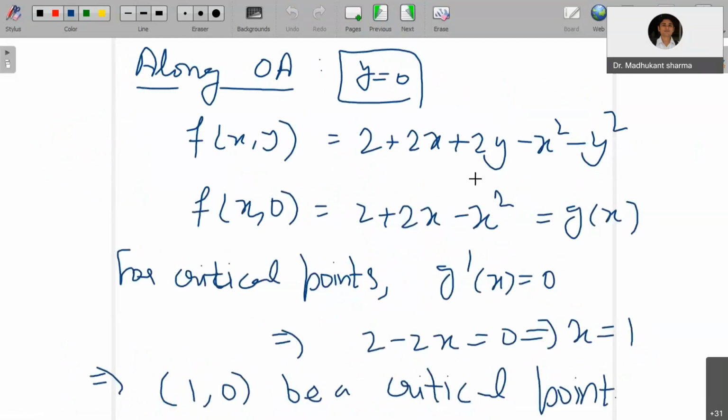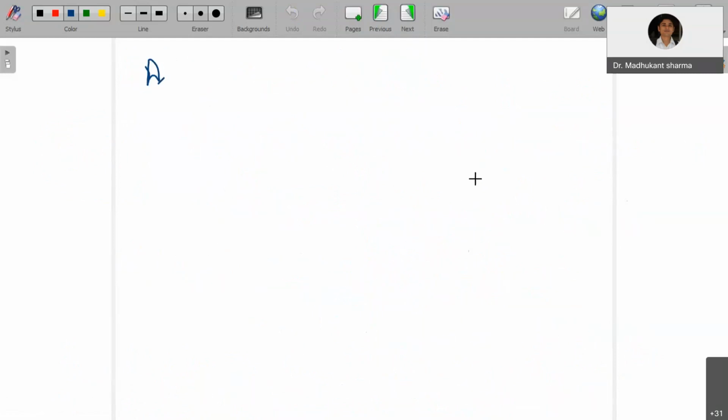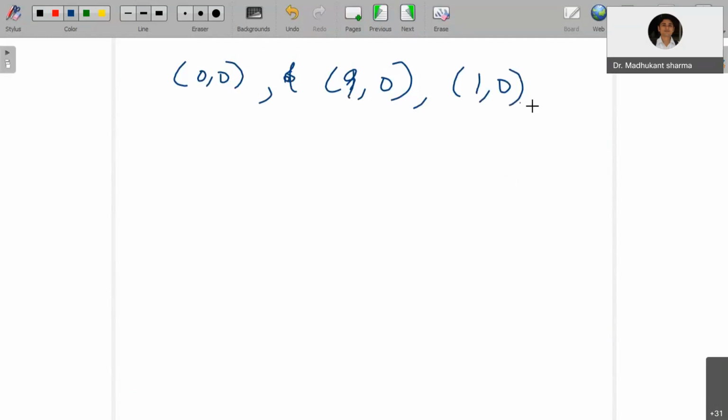So now, along OA, what are the other critical points? You have 0 0 and 9 comma 0. So there are 3 critical points: 0 0, 9 comma 0 and 1 comma 0. So another interior point is 1 comma 0. This is along OA. Now along OB,